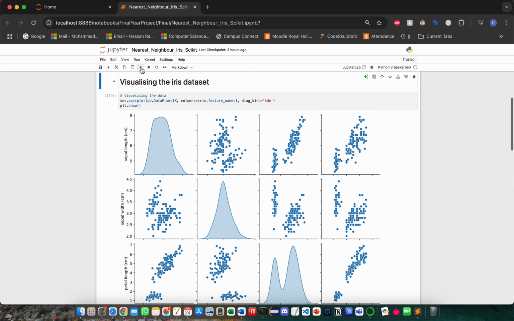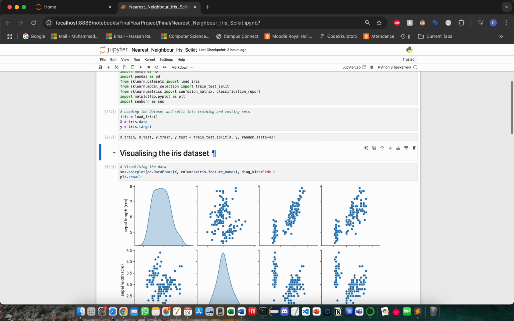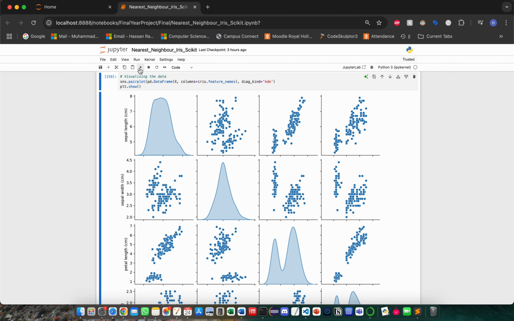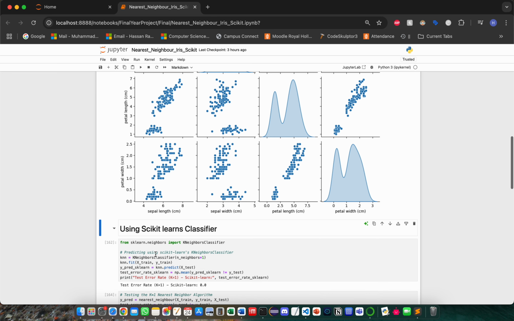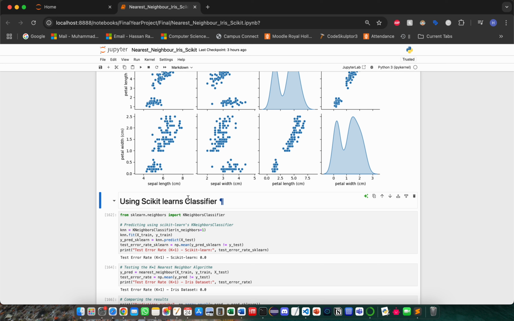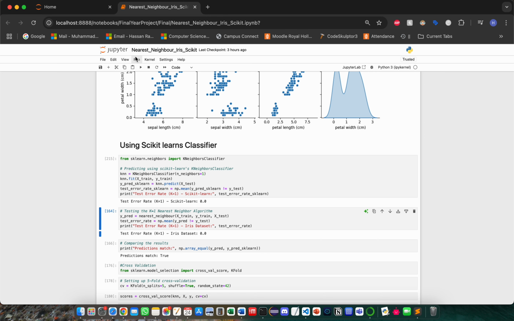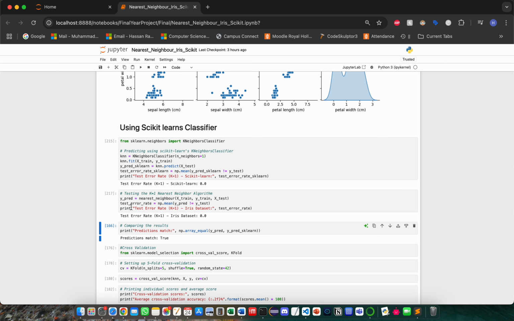So we press run again and we move on to the next box. So here we run again and you can see it will display the graph again. So here it has plotted all the graphs again. So here this is my algorithm bit where I'm using the classifier. I'm first importing the classifier, then running the algorithm, predicting, and getting the test error rate. And here I can see that the predictions match using the scikit,